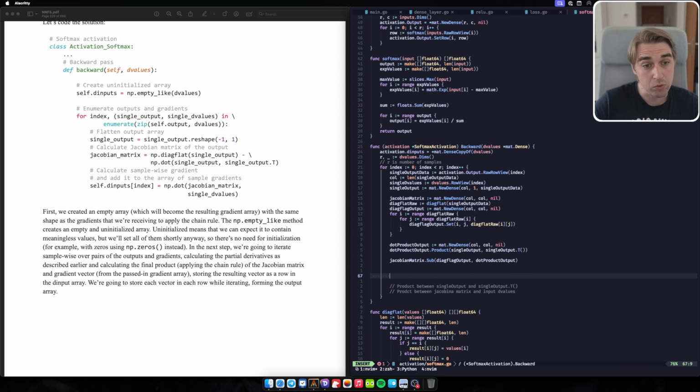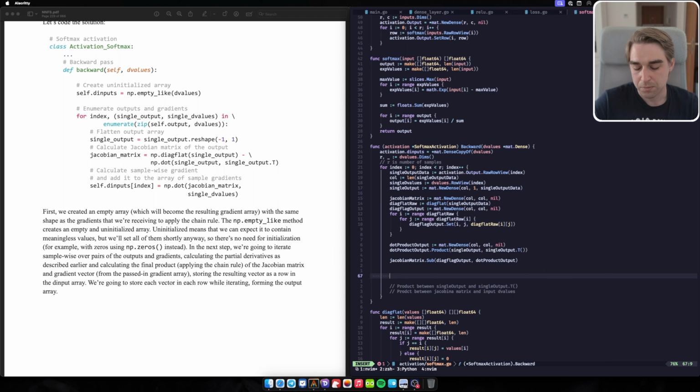This is because I need to create a dot product between the Jacobian matrix and the single value. And the Jacobian matrix is a square two-dimensional matrix, when the single d-values is the one row array. Well, we can still treat it as a two-dimensional array, but it's one row, and again we have